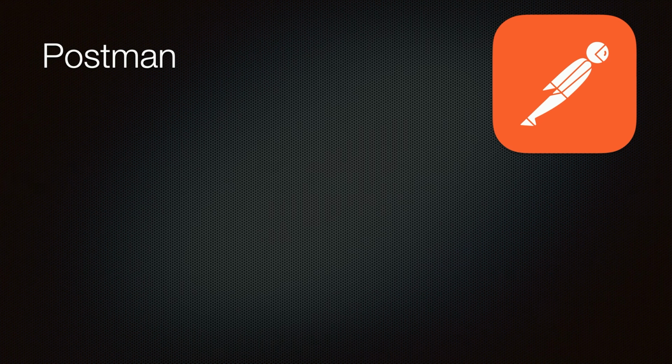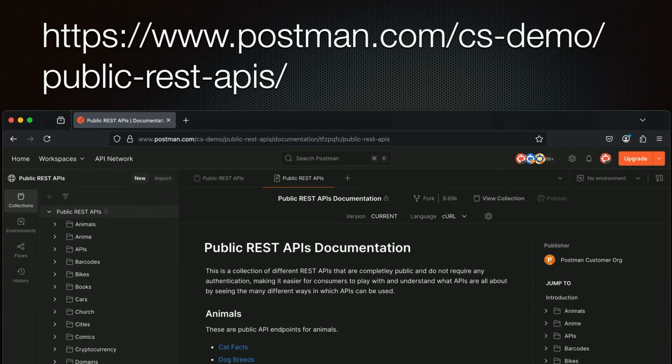Postman is a website and a desktop app for discovering and working with APIs. They're in business to help teams test and implement their own APIs, but their free tier is great for testing out your own API calls without writing code yet. They have this collection of public REST APIs. They're great for practice, and some even have useful information.